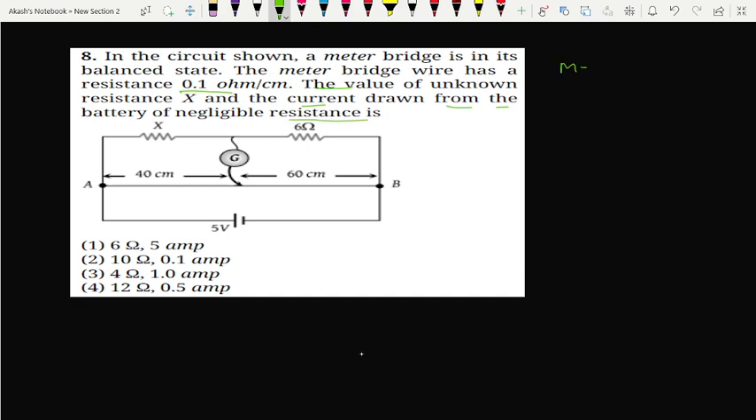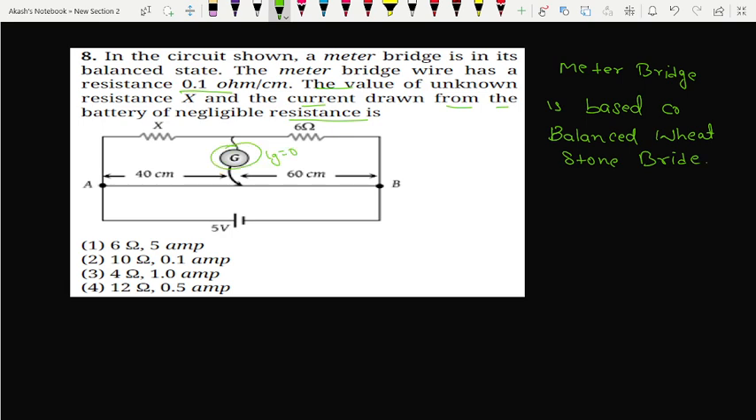We know that a meter bridge is based on the balanced Wheatstone bridge. In a balanced Wheatstone bridge, the current through the galvanometer is 0, Ig is equal to 0. Now coming to the calculation, we can write: